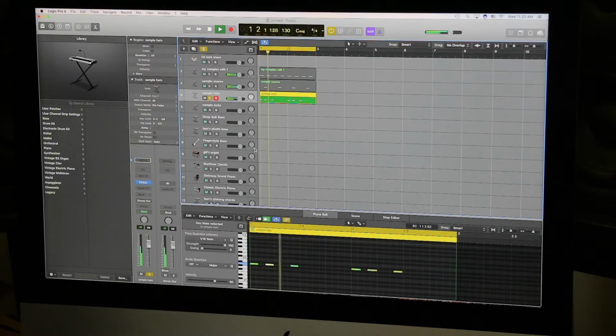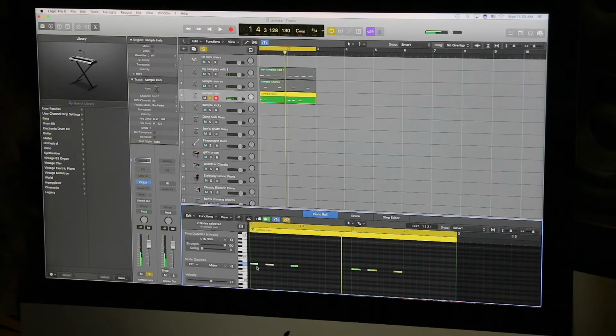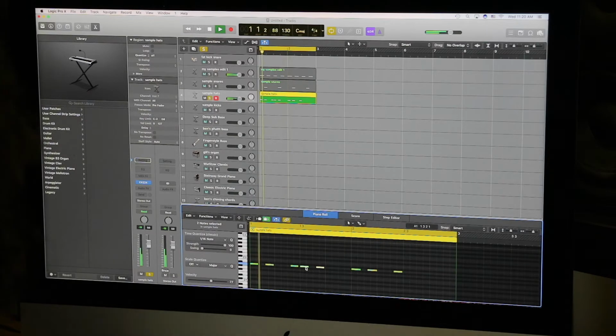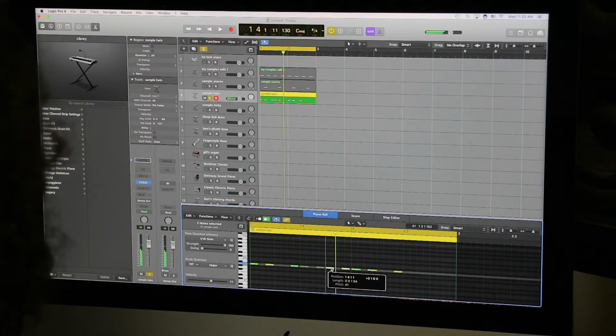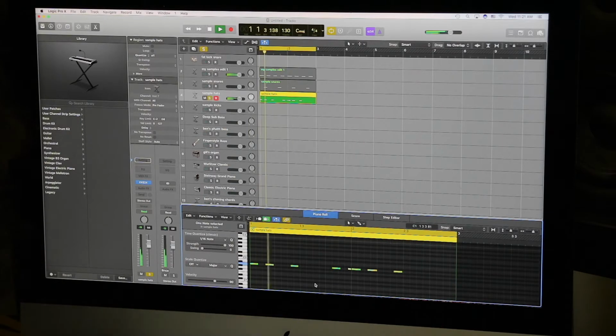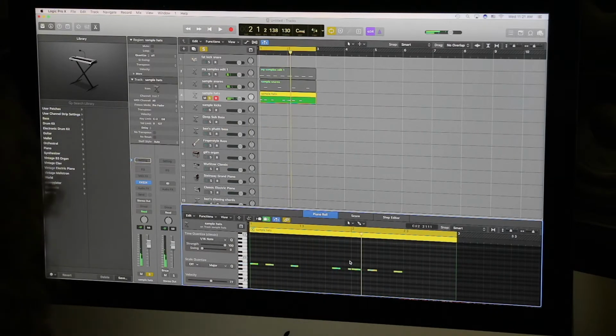How about it goes like baga, baga. See, that's not right. 1, 2, 3. Clearly I suck.